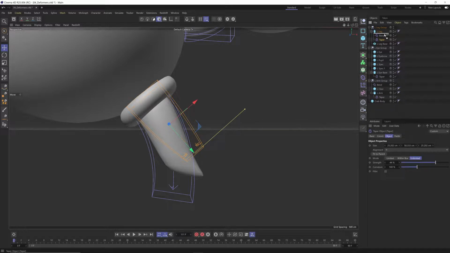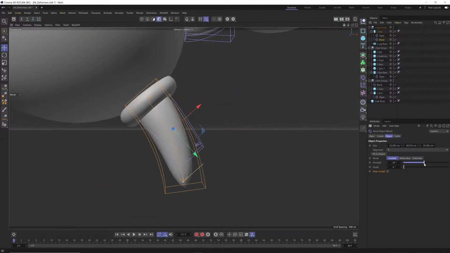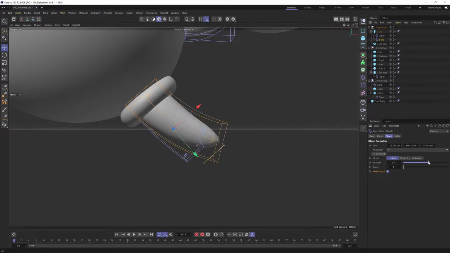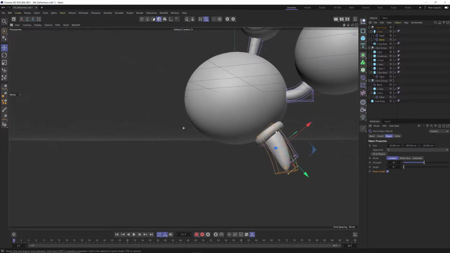So if I click and move this taper object to go before the bend deformer in the hierarchy, you can see that now we are tapering the leg and then bending the result of that tapered leg. So now we can just bend the leg here. I'm going to click on that keep length so we don't have that extended leg. And now we have this really nice